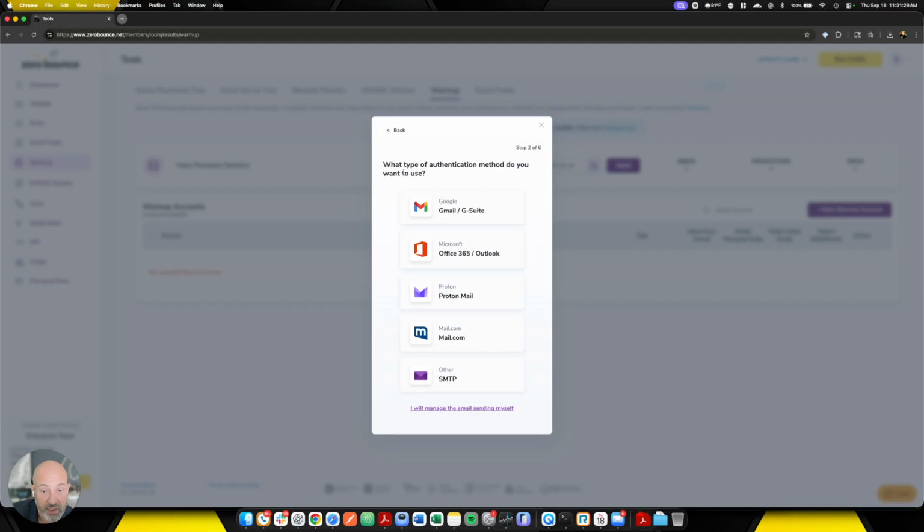In here, we're going to get some different ways that you can connect to the mailbox, connect your mailbox directly with us. We tried to do a good job here and get some of the major providers up here. I want to be super clear. We are not going to warm up any gmail.com, outlook.com email addresses. We will use Business G Suite, Outlook 365 accounts, and any of your business domains you can warm up through our platform. If your platform is not listed here, you can then take the other route or the SMTP route,